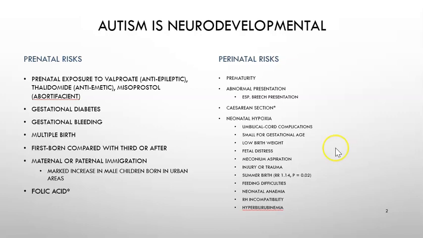We do see one here, summer births. We do see a very small increase in the numbers of autism diagnoses for those born in summer months versus other months. Why is that? We're still unsure, but that is something we have found. There is a significant correlation there, but again, it's a correlation, not a causation. So there are other ones here that you can read.